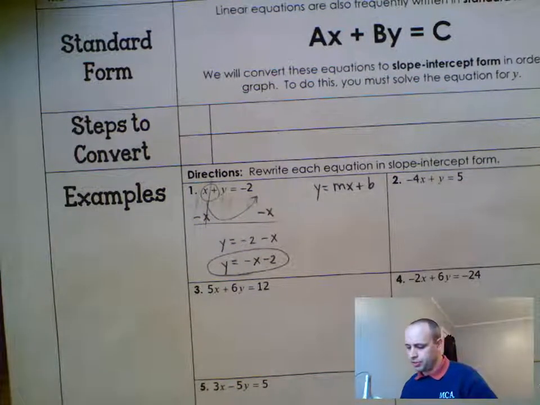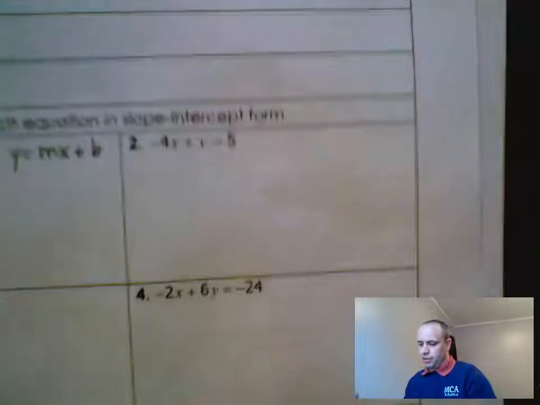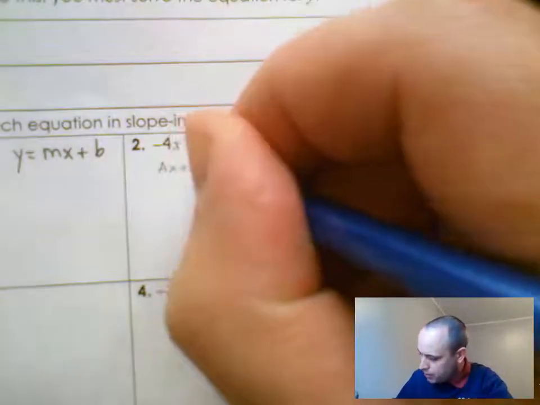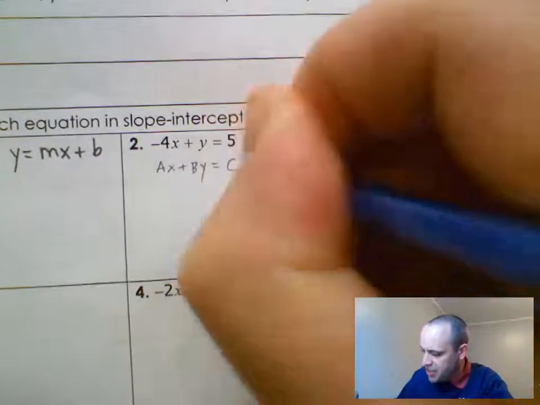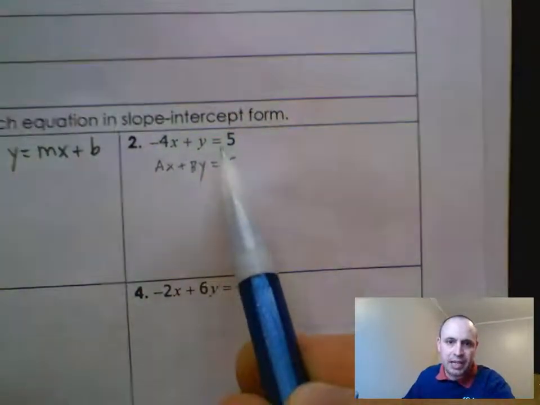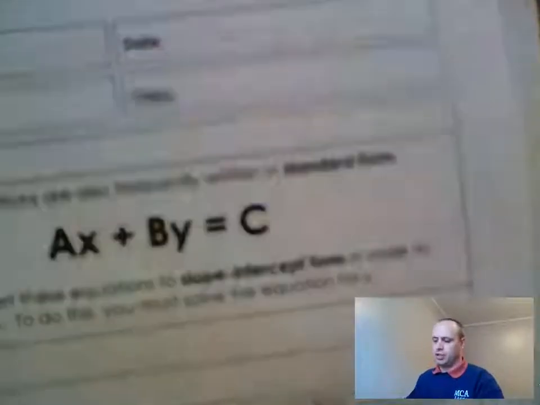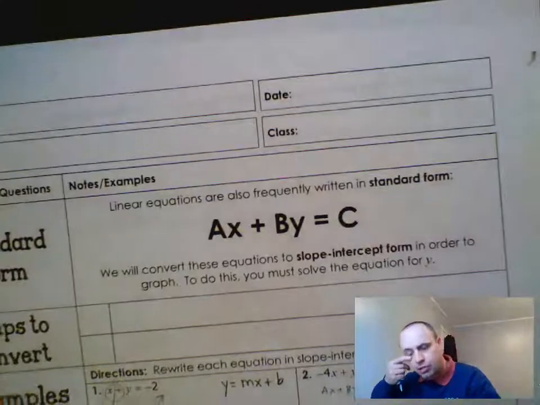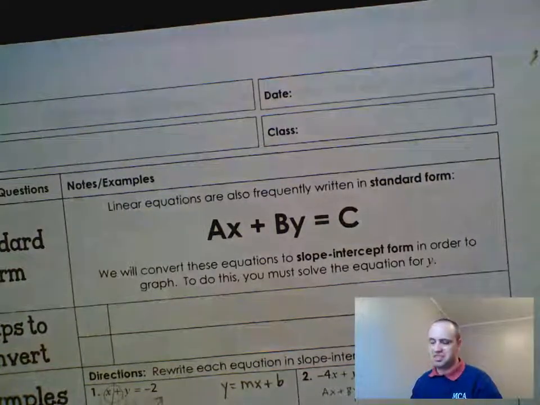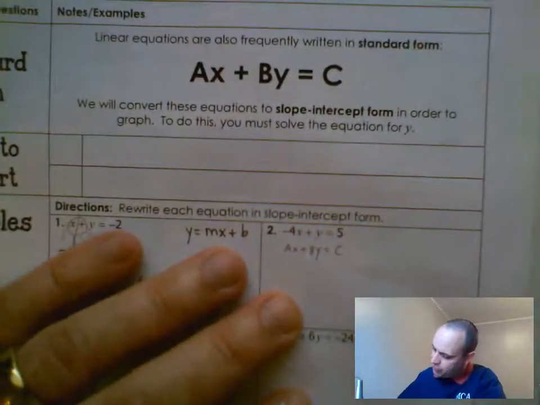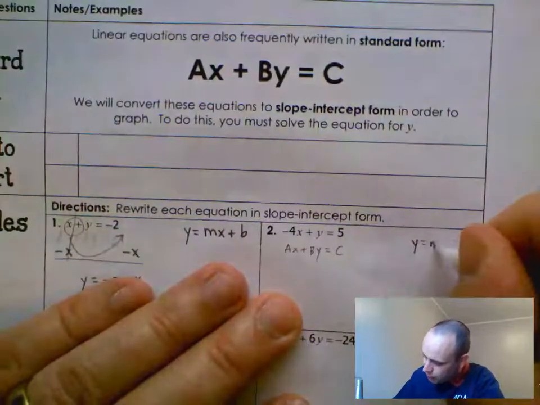Number 2. We have it in ax plus by equals c, because we have something x plus something y equals something. That's what we call standard form. Mrs. O'Brien will talk about this. Mr. Kane will talk about this in high school. Standard form. So to get it from standard form into slope-intercept form,